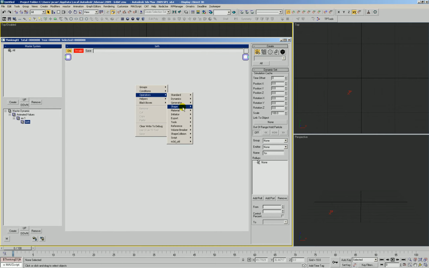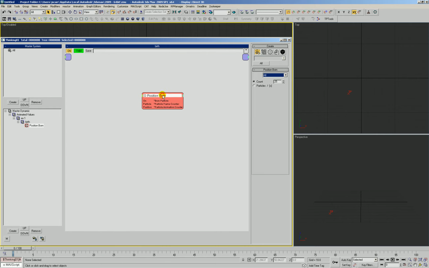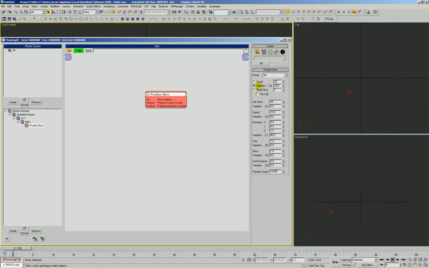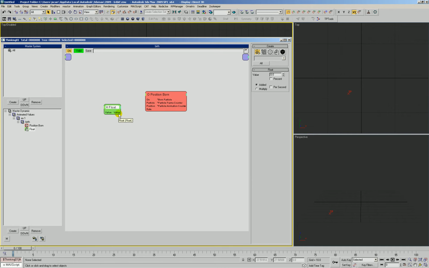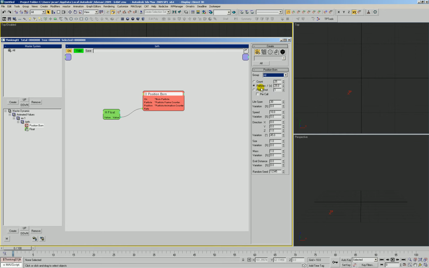We're going to go ahead and use first just a simple position born example. We're going to set this to use the particle rate. This right now is set to 25 per second. What we're going to do is we're going to overwrite that by controlling the input for rate. We're going to go ahead and use a float value. Connect that float to rate, and so now this rate value coming in is going to supersede and overwrite and